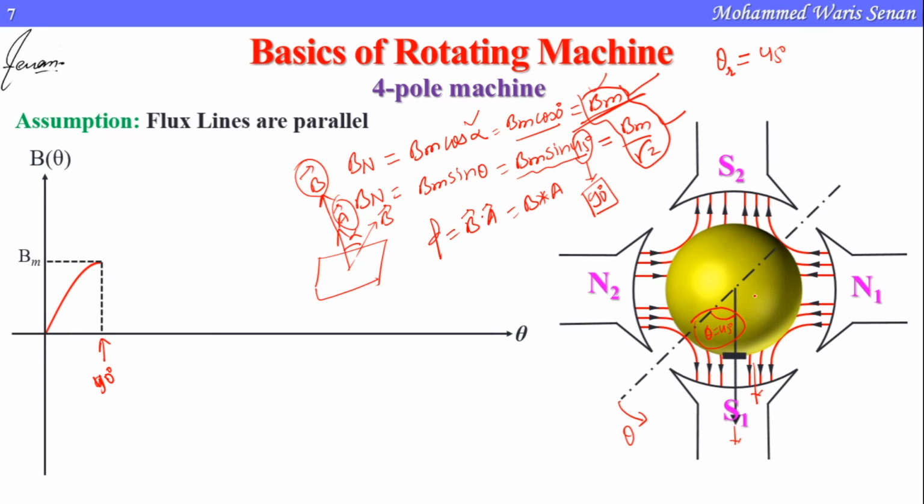This angle which we are taking here as the rotation angle is called the mechanical angle. And the angle which has to be here to satisfy this formula is called the electrical angle. So the electrical angle in this case is 90 degrees. The angle of 45 degrees is not satisfying the result. The result is the maximum value Bm, but with this angle of 45 degrees, the value comes out to be Bm by root 2.